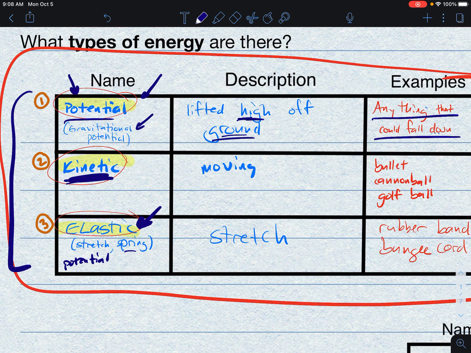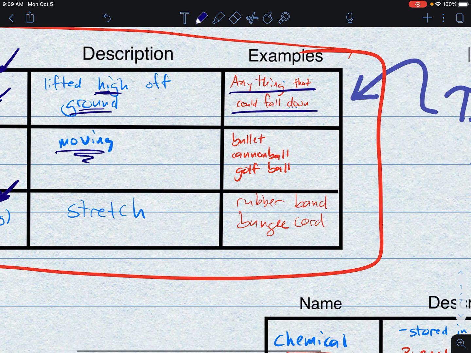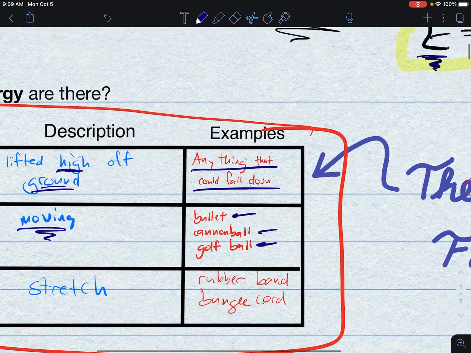Take your stylus or a pencil in your hand and lift it up. Looky there. You just added some potential energy to that object right there. The second of the 3 types of mechanical energies is known as kinetic, and this is energy stored in the form of movement. So this is any object that's moving, whether it's a bullet or a cannonball, a golf ball, a car, a sled.